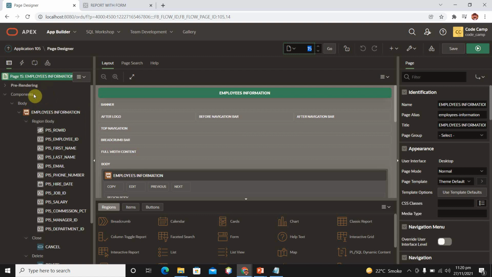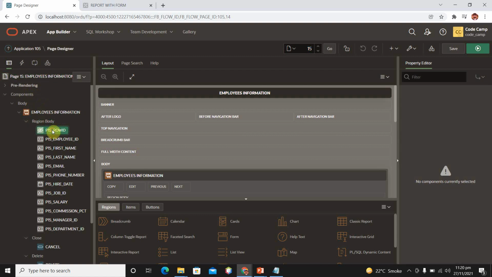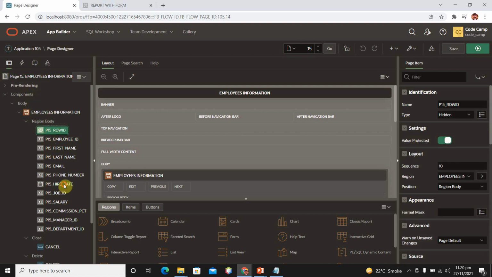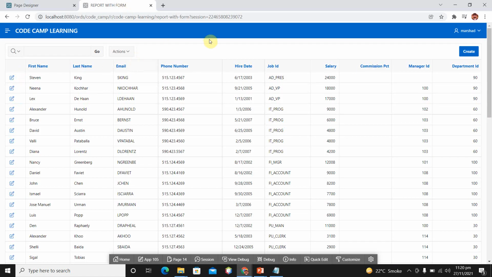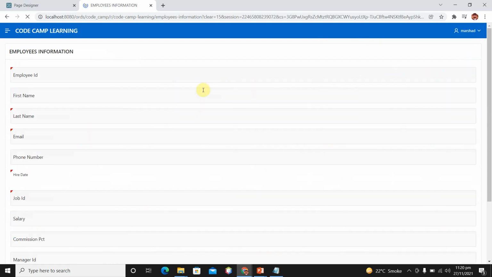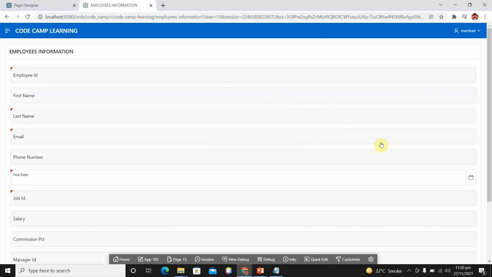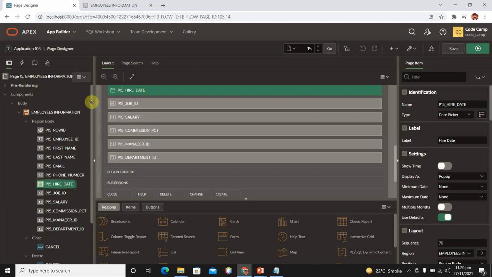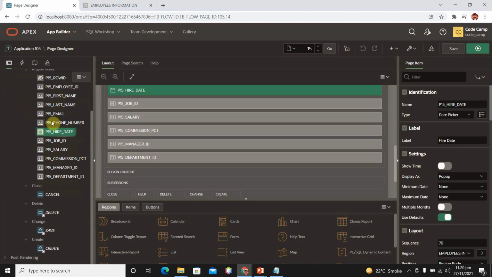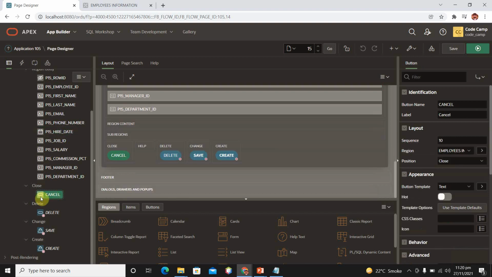Here you can see we have region body, and in region body we have different fields. Hire date is a calendar. If I click on create new, here you can see hire date is a calendar, not a text field. The remaining fields are the same, and then we have different buttons: cancel, create, and save buttons over here.